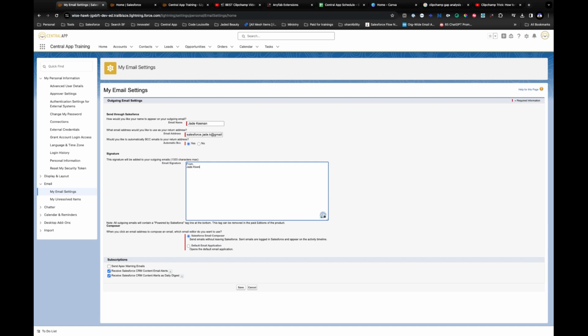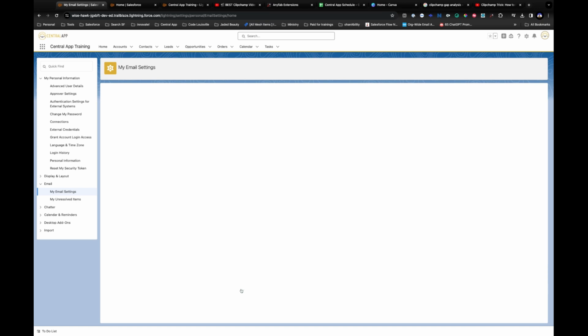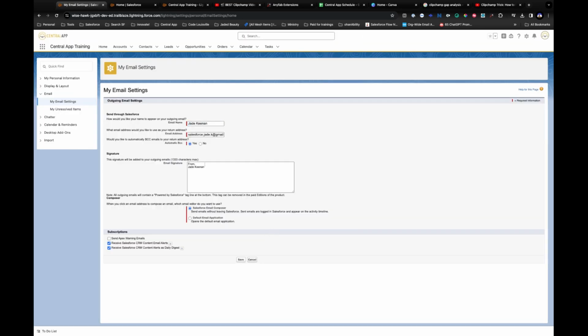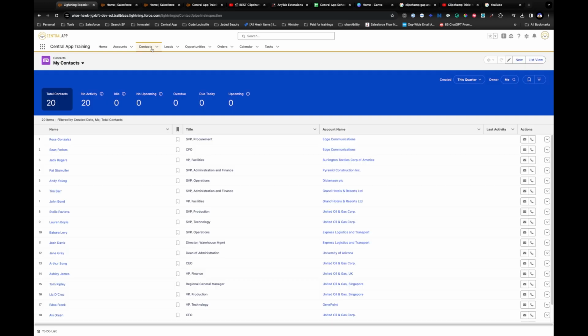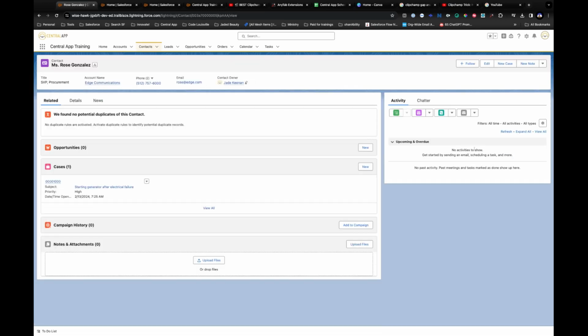So from here, we're just going to put Jade Keenan. Nothing very complex. We're going to hit save. You'll see here that it is now saved. And from here, we're going to go back to our contacts, and open Rose's account again. Just like we did before, we're going to go up to the Activity Center,